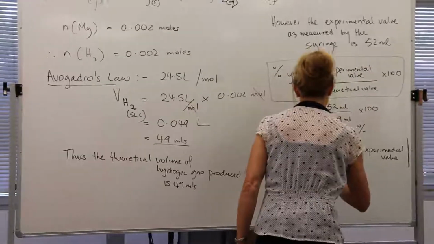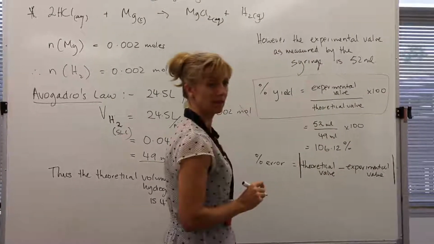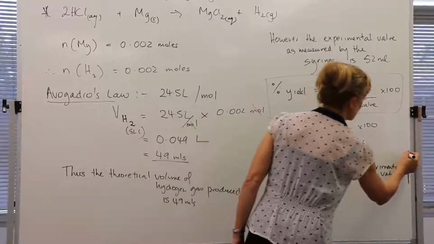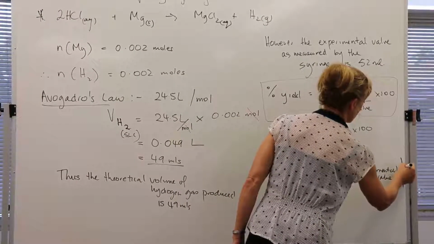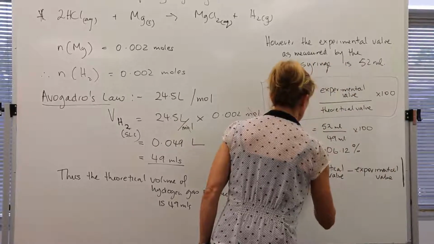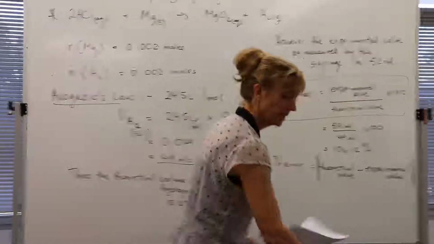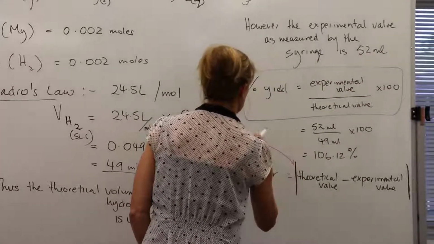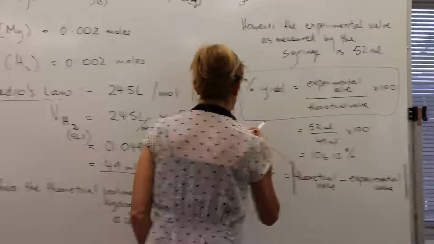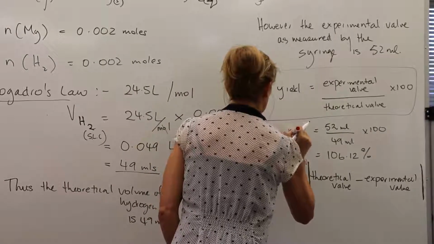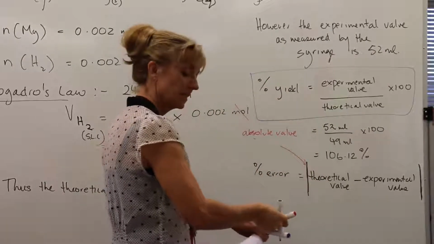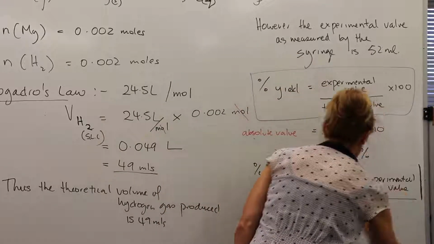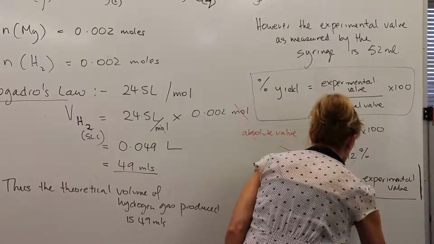Straight lines around something means that if it's a negative, when you take it out of the lines, it's positive. That's right, it's called absolute value. You take no notice of the negative sign. I'll just write that in another colour so you can remember. This is called the absolute value. So it doesn't matter about the fact it's going to be negative in this case, all over the theoretical value